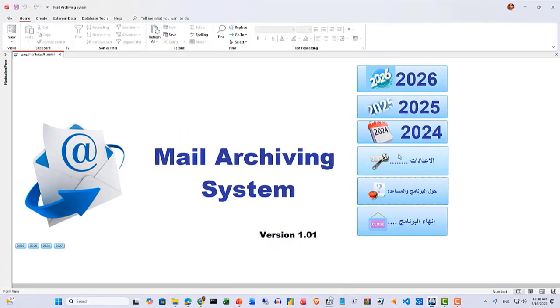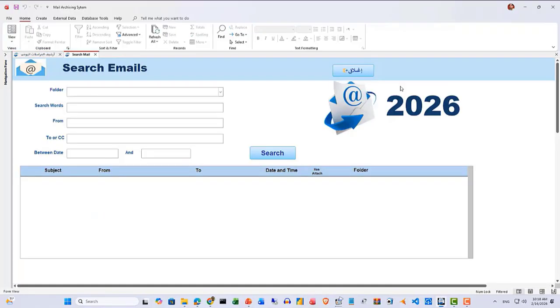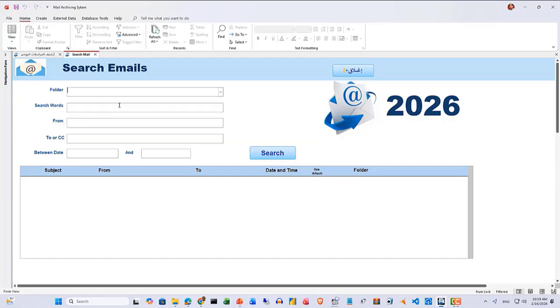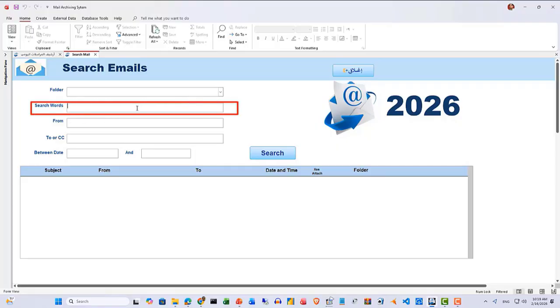System interface. The interface is simple. There is a button for each year. When you click on a year, it opens the search screen for all emails of that year. If you know the folder where the email might be located, you can select it from the drop-down list to limit the search scope. In the search words field, you can enter any keywords found in the email subject or